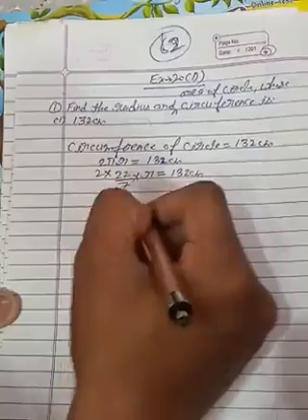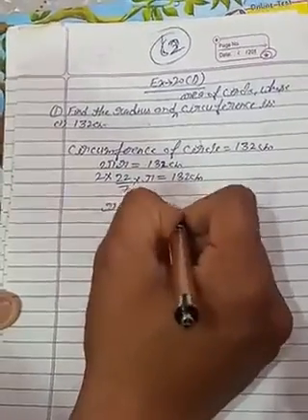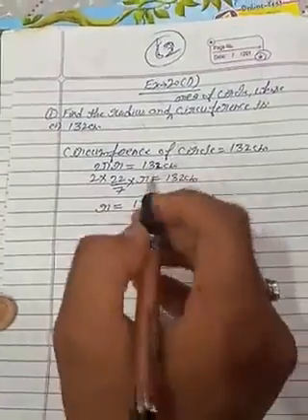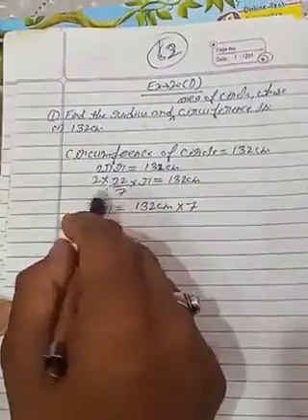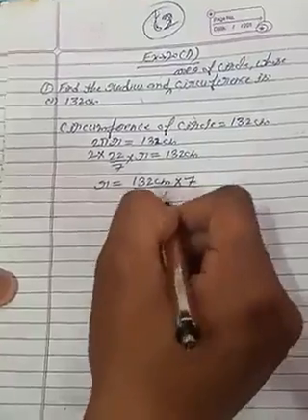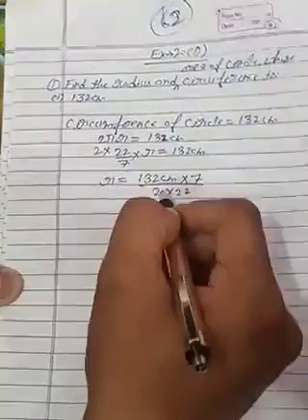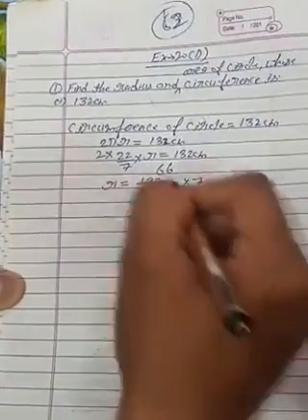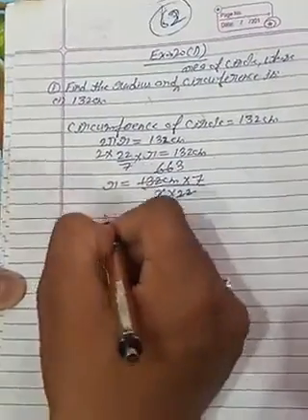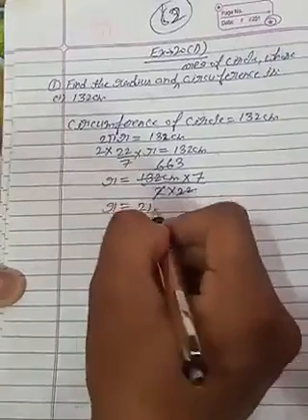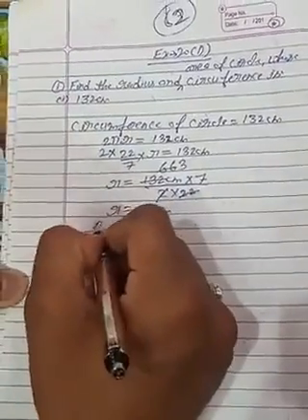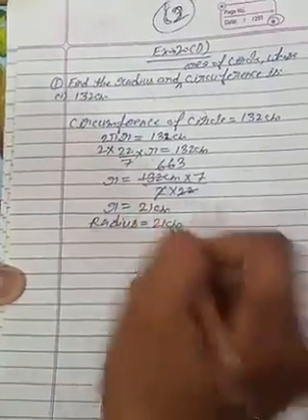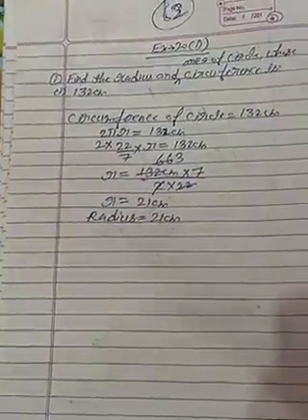So students, r is equal to 132 centimeter multiply 7, because here 7 is in divide, move to RHS, multiply, and 2 and 22 are in multiply, move to RHS, divide. So 2 multiply 22. 2 sixes are 12, 2 sixes are 12, 22 threes are 66. So r is equal to 7 threes are 21 centimeter. So students, radius is equal to 21 centimeter. Students, we have to find the area of circle also.